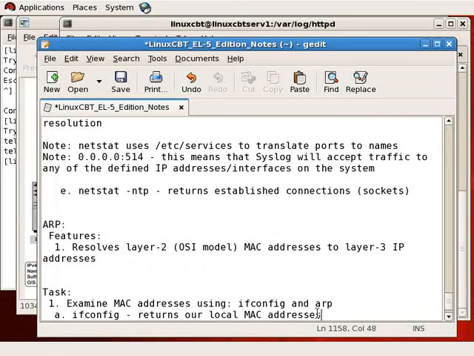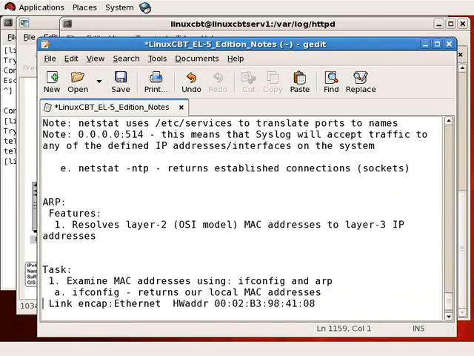ETH is short for Ethernet. LO is short for loopback. So ignore the loopback interface. This interface is always used locally, and focus on your Ethernet or token ring or other types of interfaces like PPP, your routable interfaces. Notice that this Ethernet interface, eth0, which is the lone routable Ethernet interface in this box,